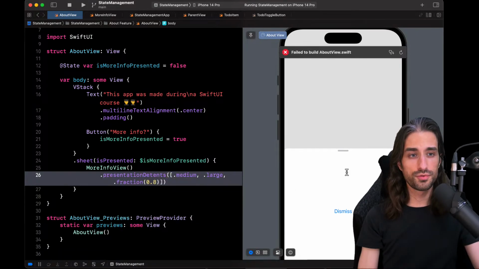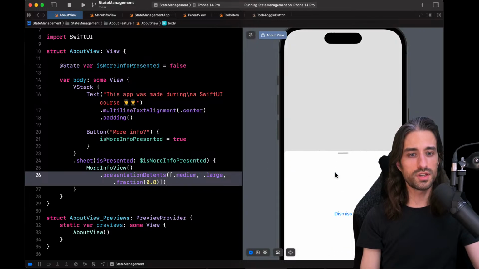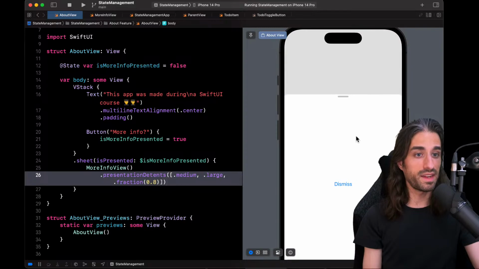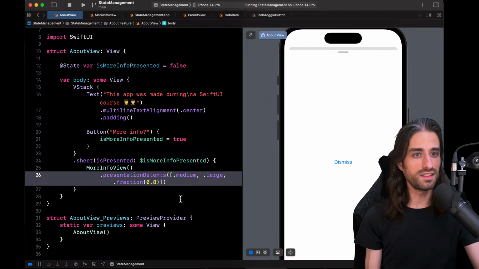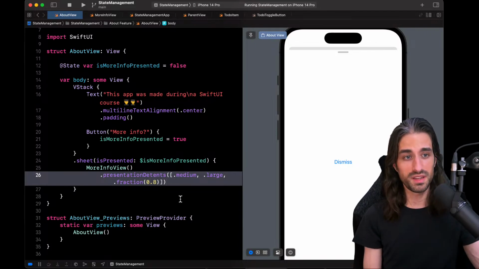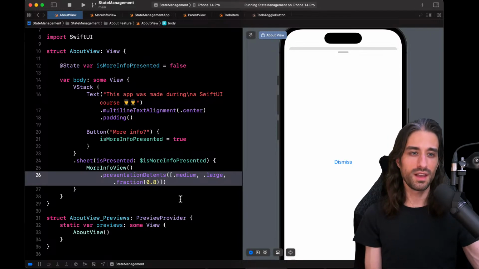It can be useful in the case where you want to adapt your UI when there is more room available. That might be a valid use case. Another one is if you just want to send an analytic hit to let your analytics know that the user has been using the large detent to see more information. It's nice that there is this binding, because if there wasn't, you wouldn't have a way to catch the event and so to send the corresponding analytic data.